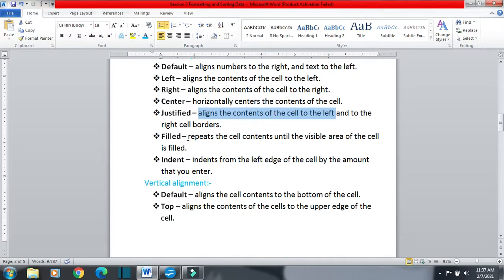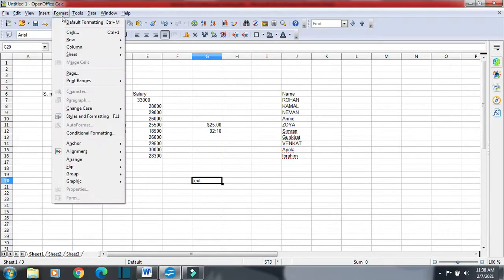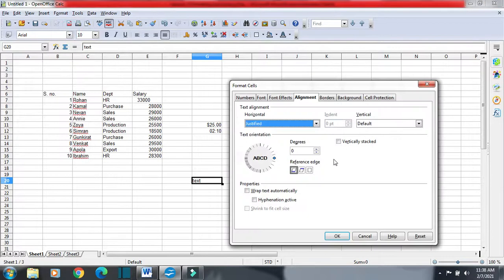Next is filled. It repeats the cell contents again and again multiple times until the visible area of the cell is filled. It will fill the whole area of the cell. So here we have the value. I am going to format and then click on cells, and from here I am going to select filled.